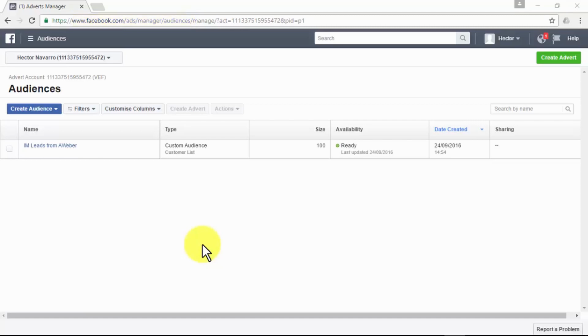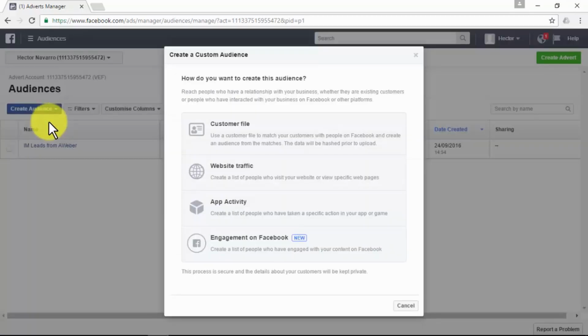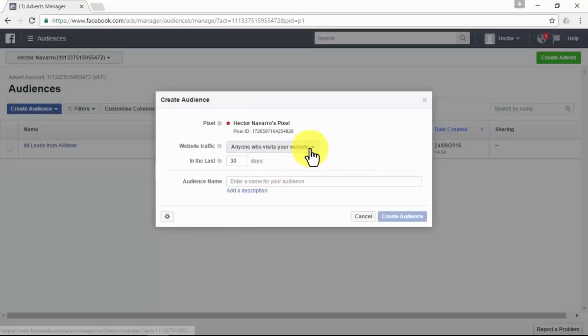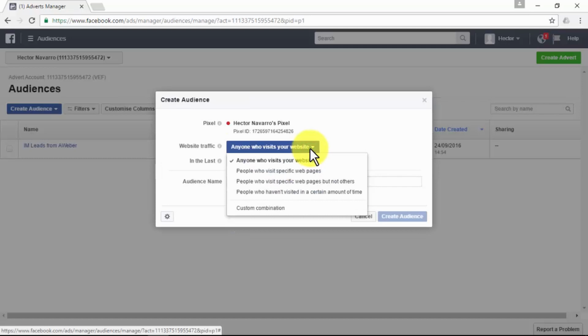Once inside facebook.com/ads/manager/audiences, you'll see listed any custom audience you have created. Click on Create Audience, then click on Custom Audience. A new Create Audience box will load. Click Website Traffic. As you'll notice, you can add anyone who visits your website, people who visit specific pages,